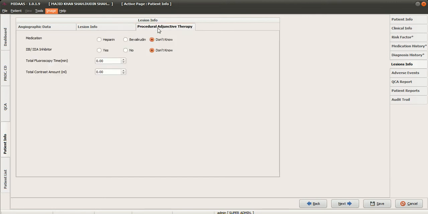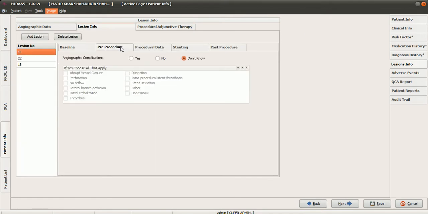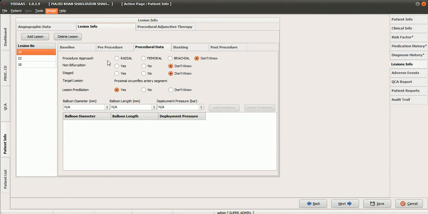And if you click procedural adjunctive therapy, if there is any medication, heparin, then you can capture that. And if you move towards the adverse events, probably on the lesion info, we can see the pre-procedure. If there was any pre-procedure that was done, and if these are the procedural data, whether it was a radial